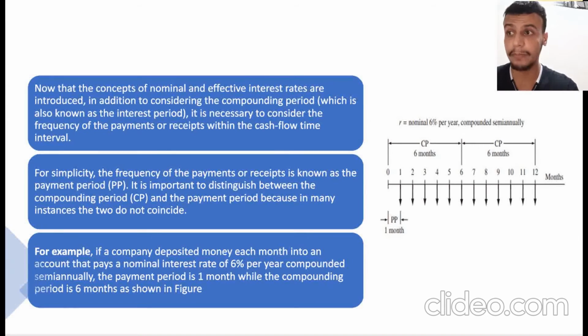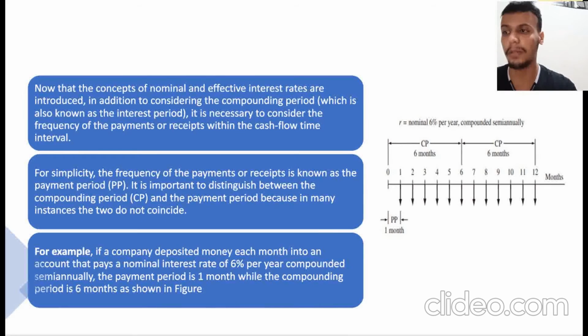For simplicity, the frequency of the payments or receipts is known as the payment period, PP. It's important to distinguish between the compounding period, CP, and the payment period, because in many instances the two do not